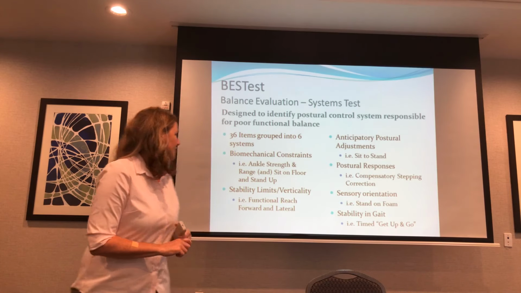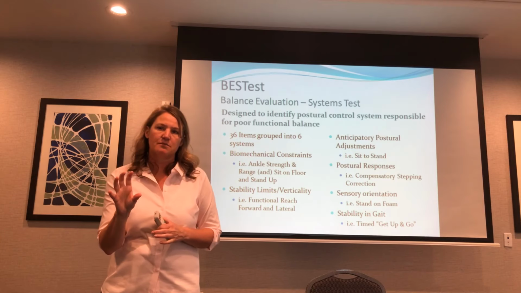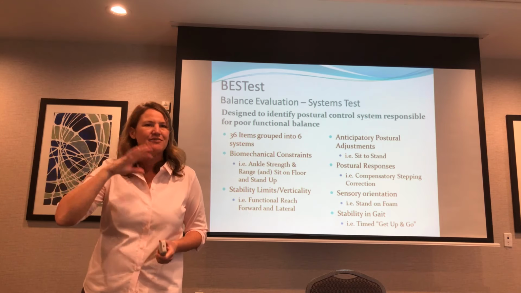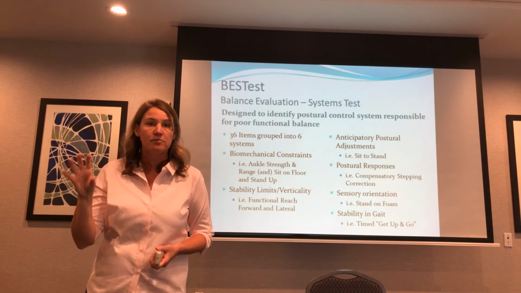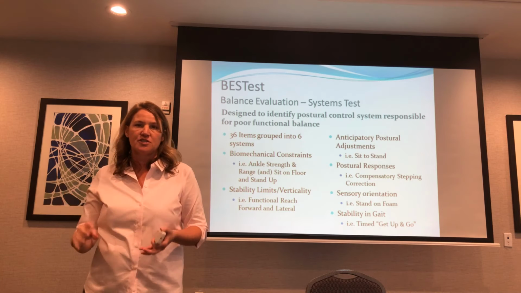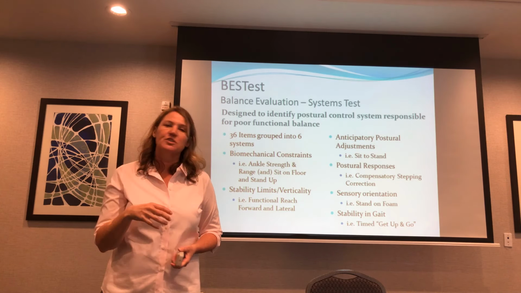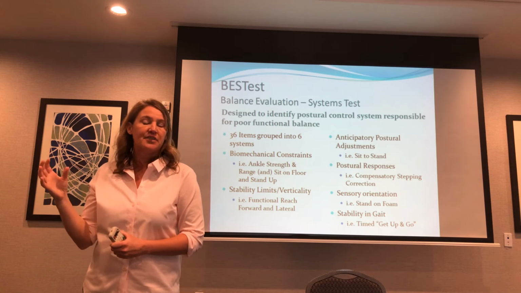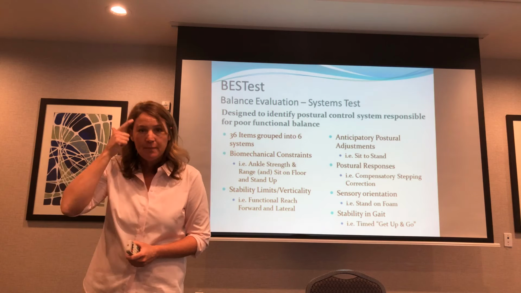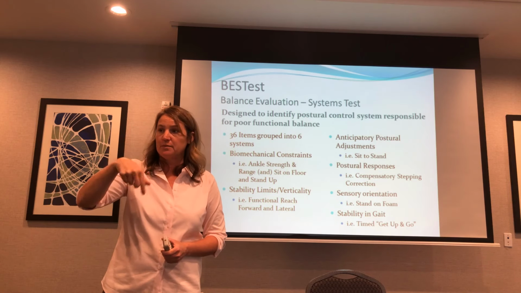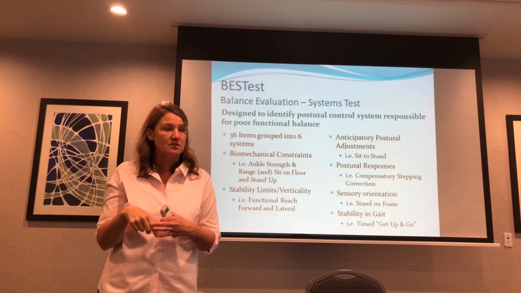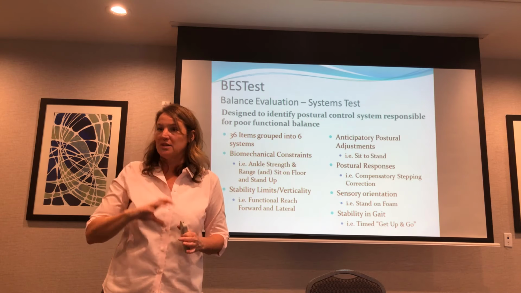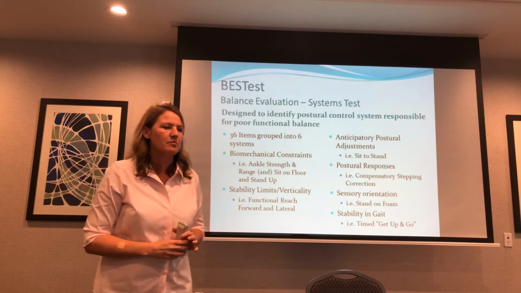But basically it has 36 items, and they have them grouped into 6 systems. It's intended that if you score each of the 6 different areas, it'll stand out what their typical problem is. They may do well on a few of the sections and really poorly on individual sections, which indicates they have a problem in this area, which is supposed to guide your care. I think you're going to get that with any standardized test, based on your knowledge and observing them doing each of these different strategies, which helps you identify. But some of these tools are set up that way so the score will sort of dictate what the problem is.